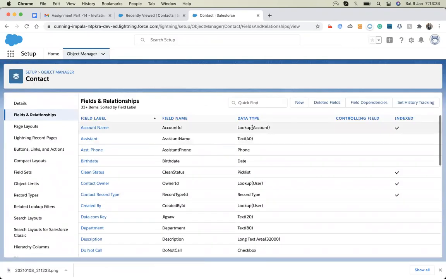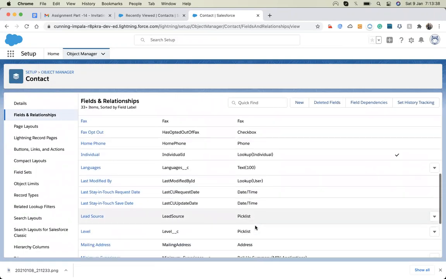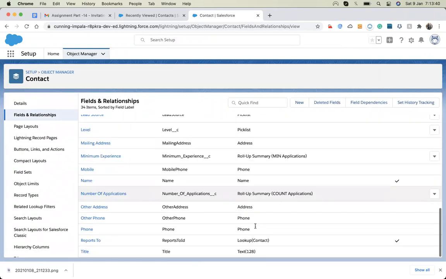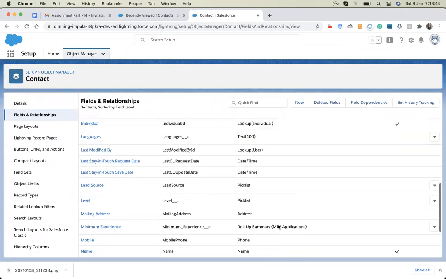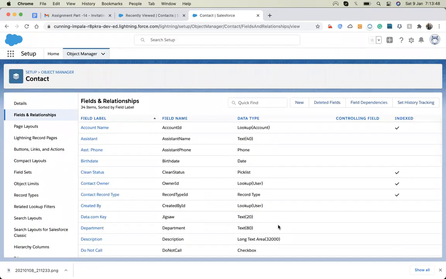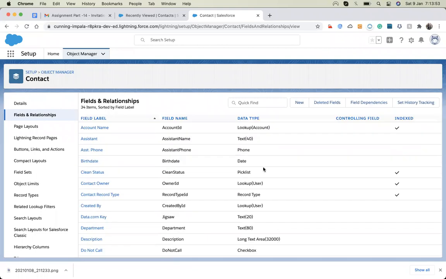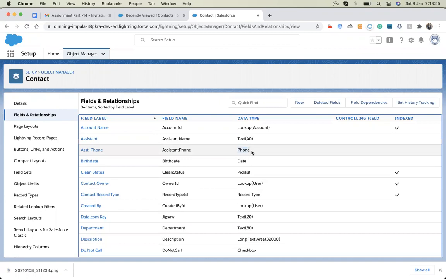You can see there is a data type. Contact does not have any currency, for example. Is phone a number? No, phone is a string. Let me create a field.